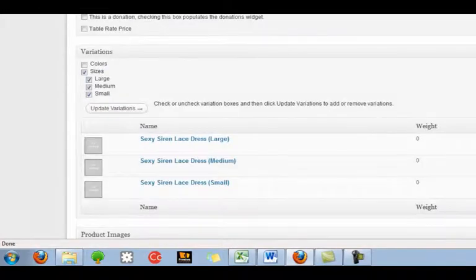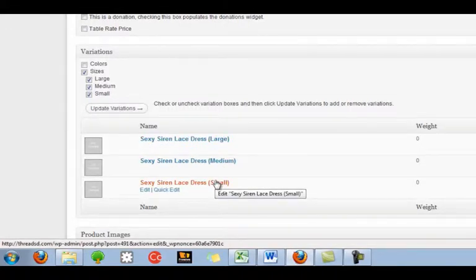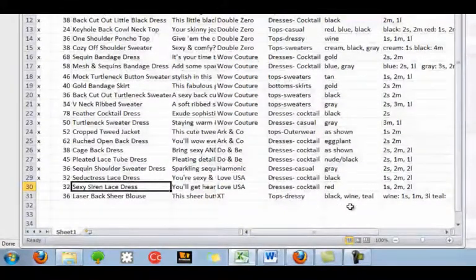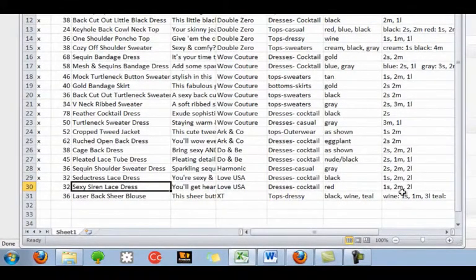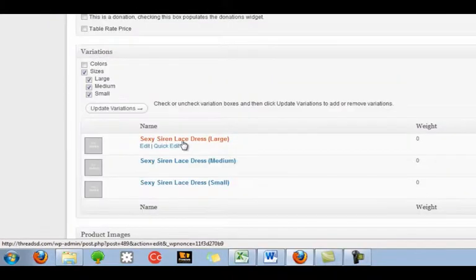And now, since we have limited stock, some people are not going to have limited stock, they're going to have unlimited stock on their products, but we do have limited stock. We need to go into each one of these variations and say how many of these products we have in stock. So we know that we have 1 small, 2 medium, and 2 large. So we're going to go into the large first,